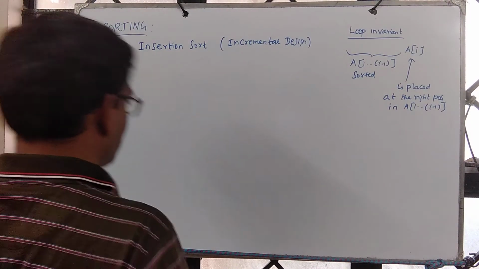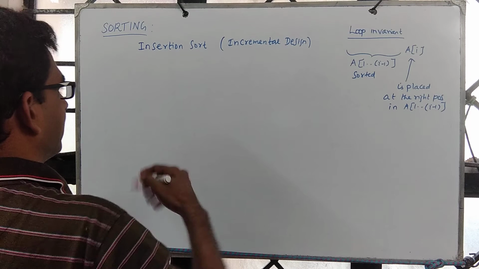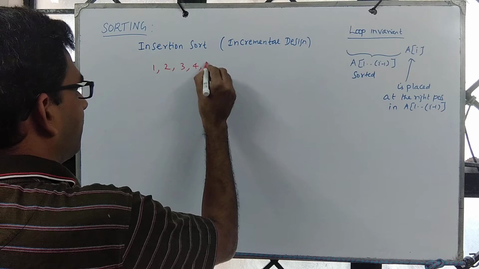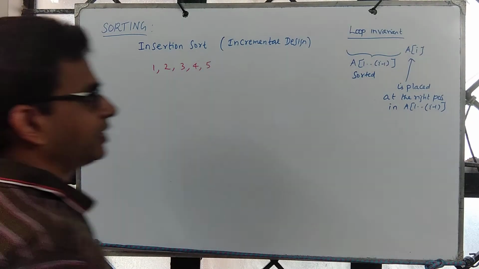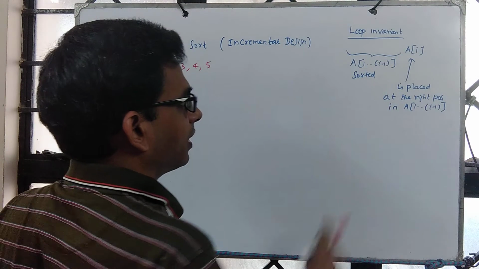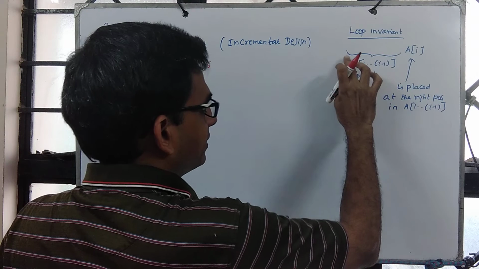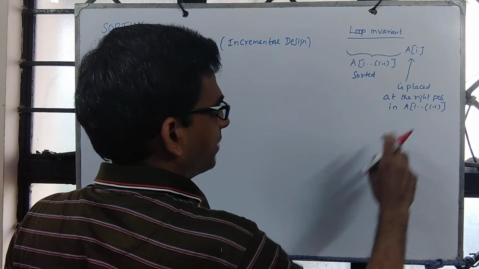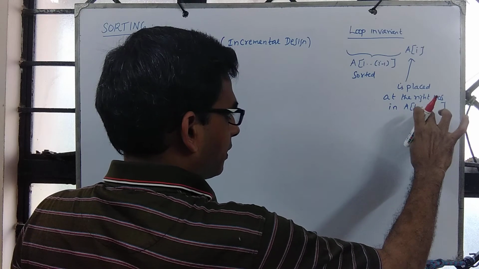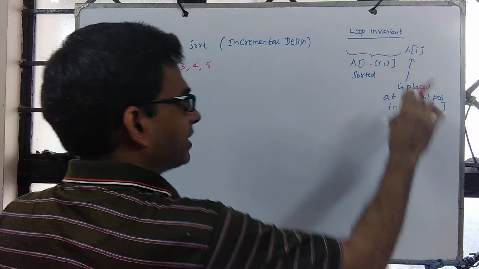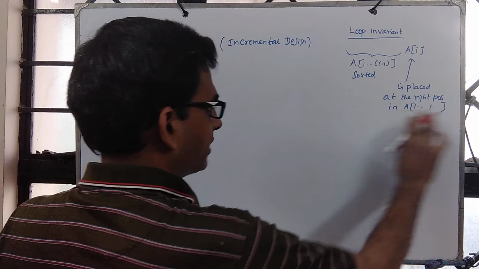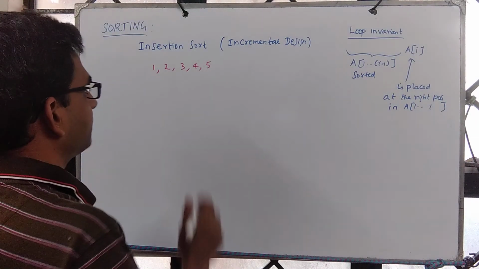Let's trace with respect to one more example and then get into the design. Let's look at this input, say 1, 2, 3, 4, 5. What is our idea? We know that the first I minus 1 elements are sorted, and the ith element is to be placed at the right position including I. Which means the ith element may be placed at I itself or at one position among these. So the ith element can be placed in any of the locations.